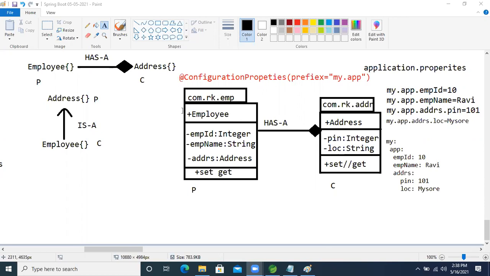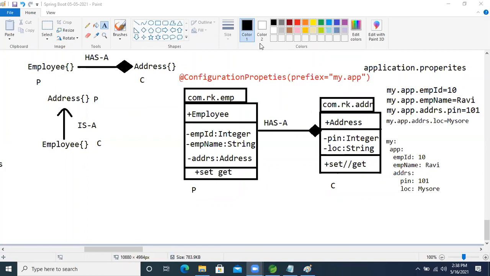Whatever I'm explaining is sufficient to work in industry, sufficient for you to work in a company day to day. Except for that, there is no extra word to use in the project.